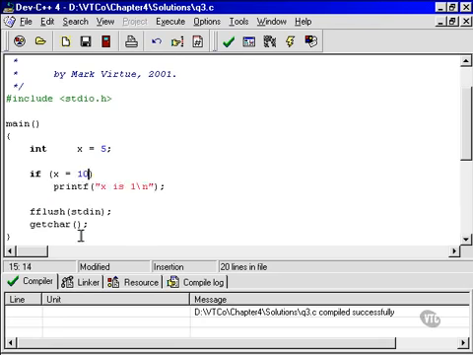It would even work if you did this, if x equals 10, because, if you think about it a little bit more, x equals 10. Again, we're not doing a comparison, we're just simply assigning 10 to x, and then we're saying, essentially, if x. If x what? Well, x is an integer expression which must evaluate to either true or false. In this case, it's 10. So is 10 true or is 10 false? Well, 10 is non-zero, so 10 must be true, because only 0 can be false. So again, it would print out x is 1, even though x is 10,